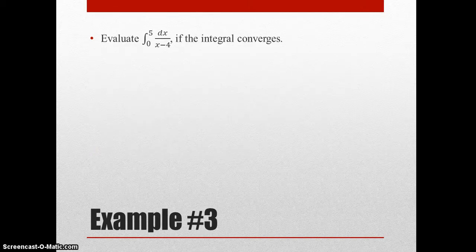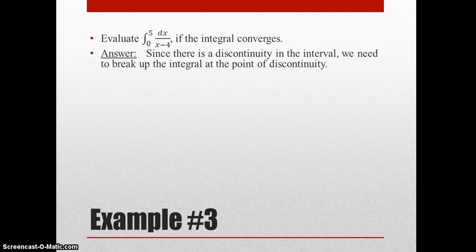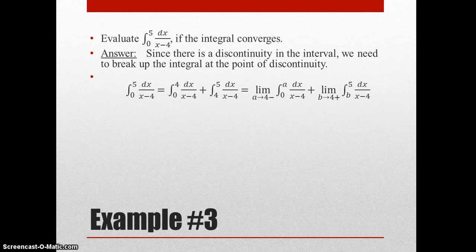Example 3, evaluate the integral from 0 to 5 of dx over x minus 4 if that integral converges. As you may notice, this integral has a discontinuity, in fact, a vertical asymptote at x is equal to 4. So we need to break up the integral at that point of discontinuity and attach our limits to it. So the integral then becomes the integral from 0 to 4 of dx over x minus 4, plus